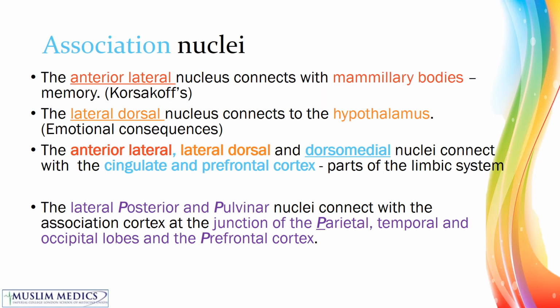The association nuclei are connected to your association cortices, which are responsible for all your higher level functions. Here are a few examples of them. The anterior lateral nucleus is connected with mammillary bodies, and you may know these are important with memory. This is particularly important in conditions such as Korsakoff syndrome, where there's damage to this part of the brain due to, for example, chronic alcoholism. The lateral dorsal nuclei, on the other hand, is connected to your hypothalamus, and therefore damage here